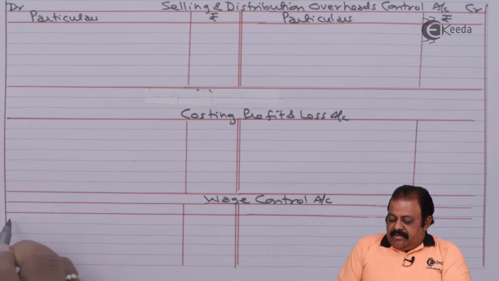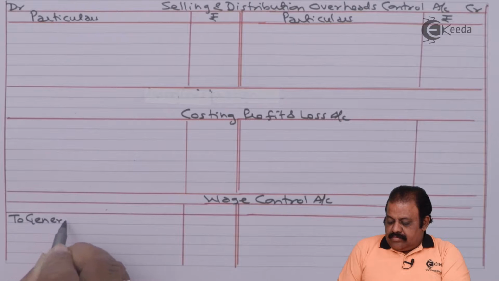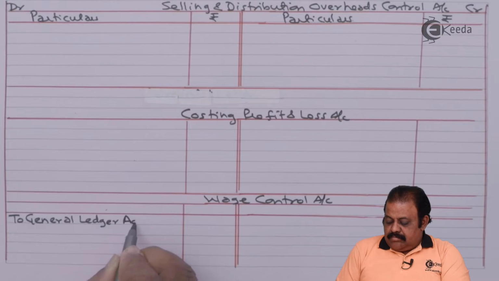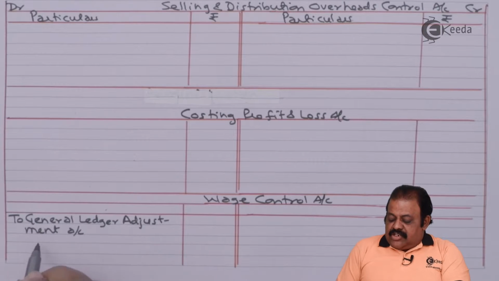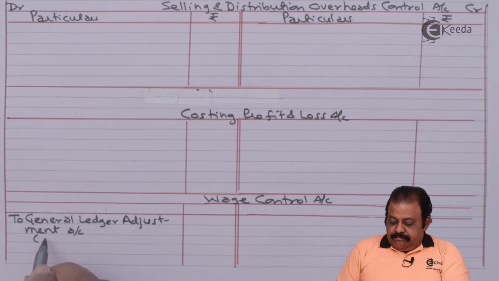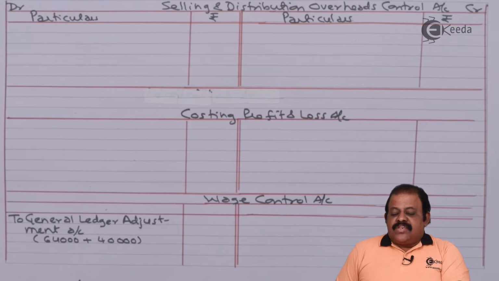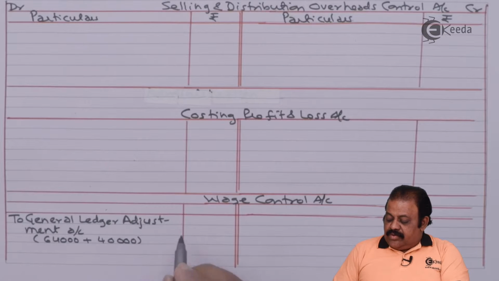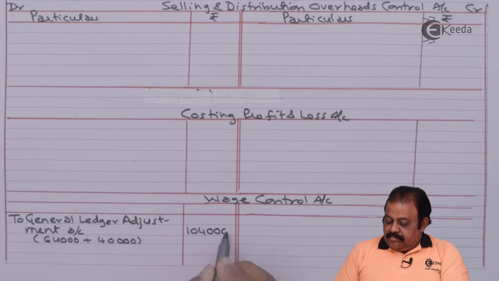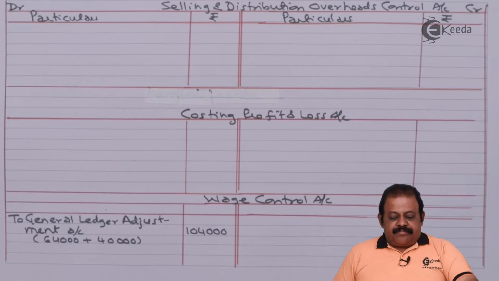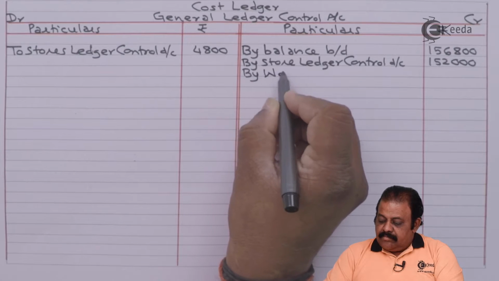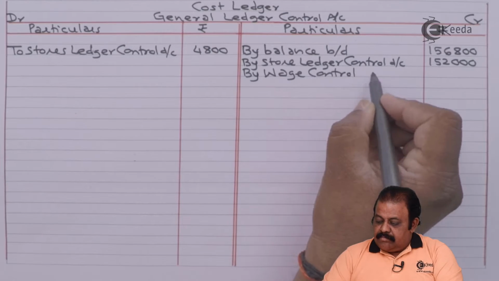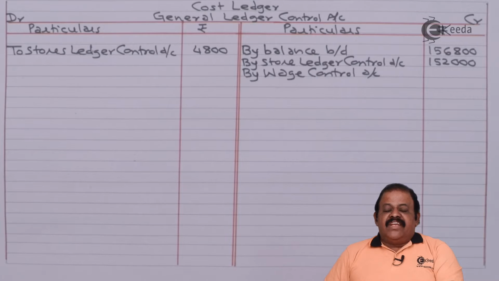Wage control account debit to general ledger adjustment account $64,000 plus 40,000, 1,04,000. General ledger control account credit by wage control account